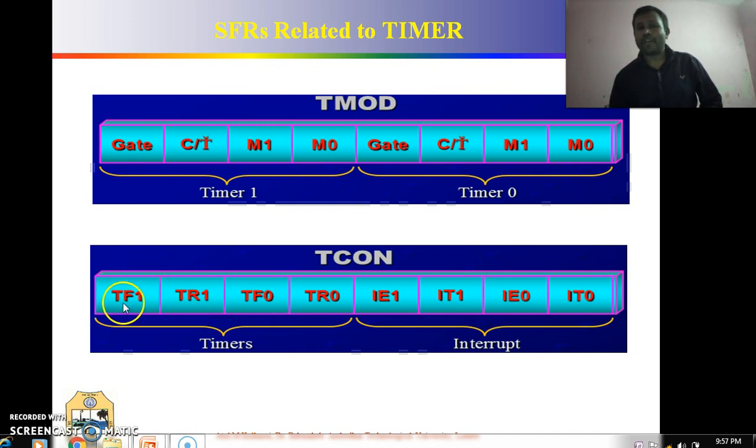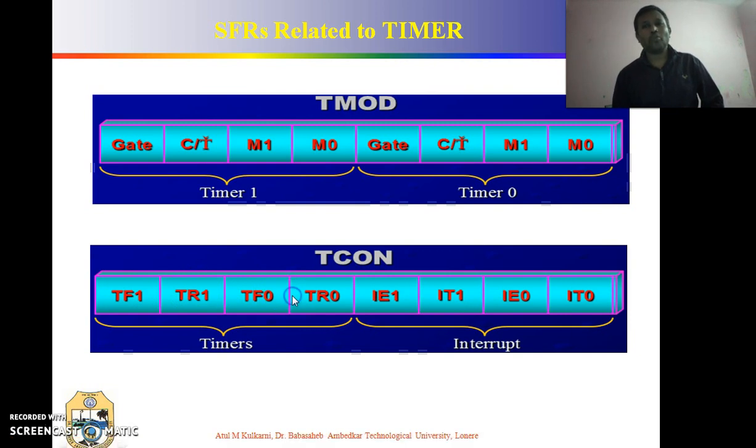And TF1, the rollover flag, becomes 1 for timer 1 when rollover occurs. That's why, related to timer control, whether the timer is on or off, or whether the timer's rollover has occurred or not, can be easily verified through these bits of the timer control register.